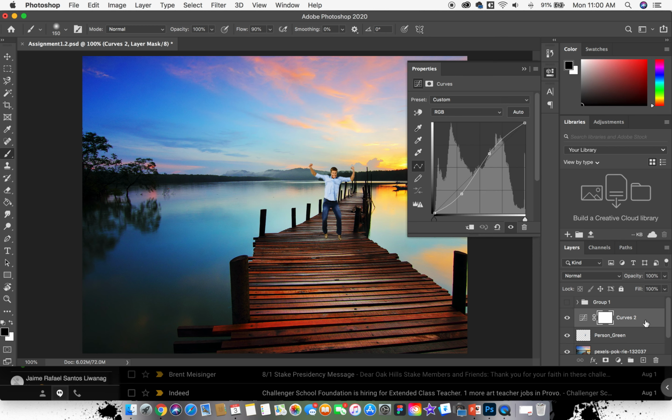So, activate your adjustment layer and then click Alt. And then, itatapat natin yung cursor natin almost in between ng dalawang layer. And then, click. So, mapapansin natin na mayroong arrow dito na